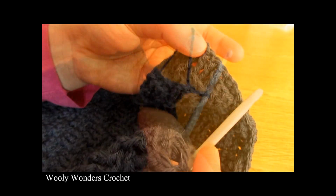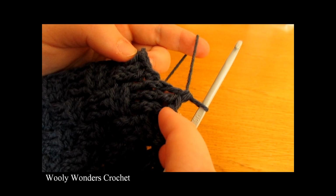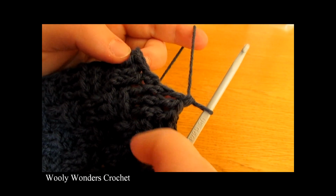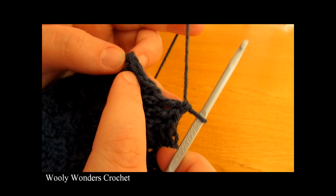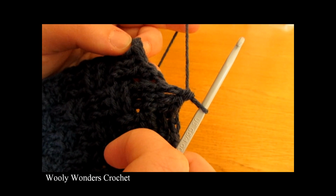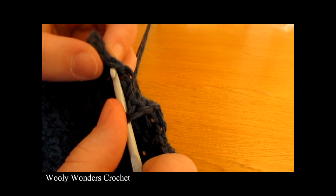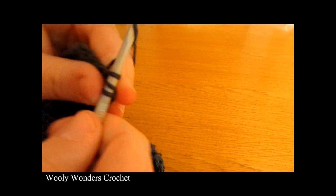So stop when you get here. I have finished working that all the way along for that row, and I have finished off by doing 3 front post double crochets, and here I have my 3 slip stitches and then the half double crochet left from last round. And to finish off this round, we're going to do 1 last half double crochet into the